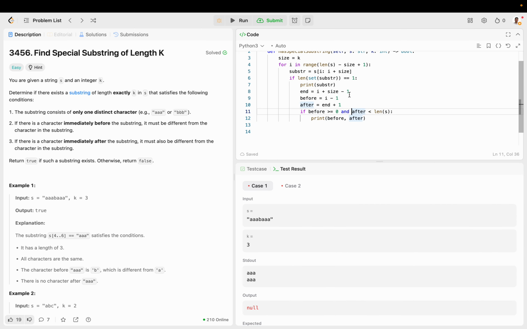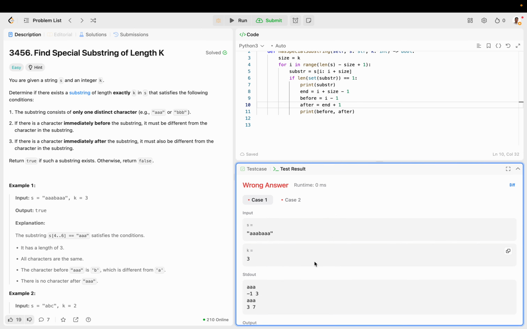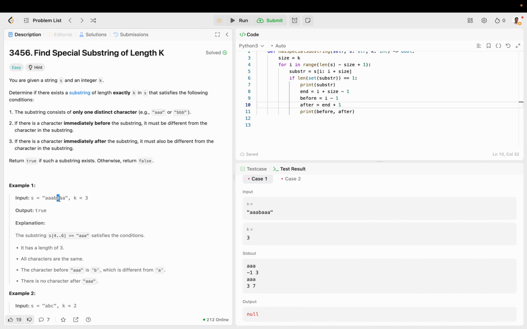So now we can print the substring, and we can also print before and after, and then we'll see if they're valid or not. So here, 0, 1, 2, 3. 0, 1, 2, 0, 1, 2, 3 is B. That's the before. This is the valid substring. Okay, so now we can say, if before is,